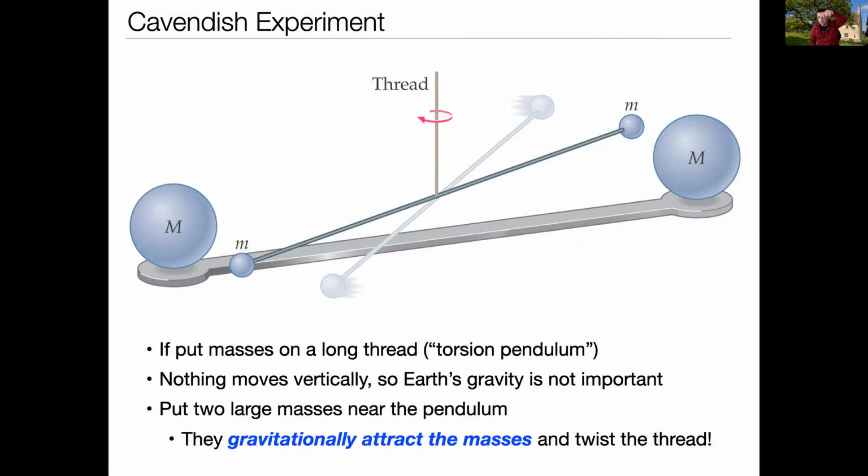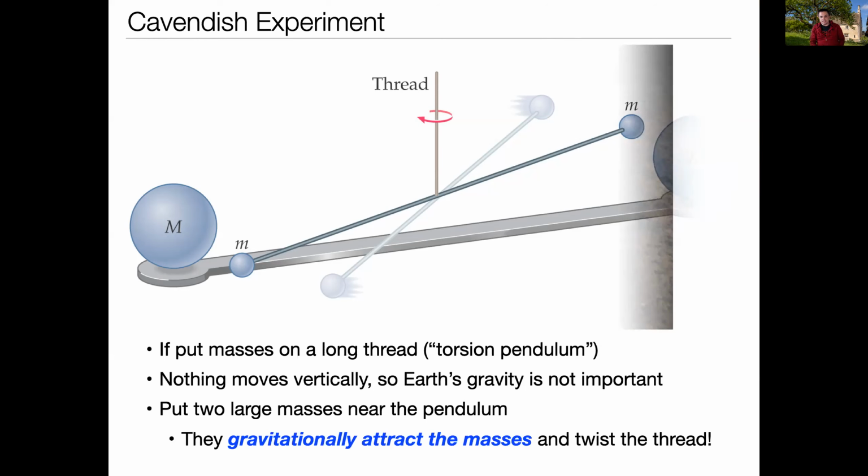That twisting around the thread is the torsion pendulum bit of this, and then the two big masses are sitting there. So what Cavendish basically did was he put two masses on a thread like this, he made a torsion pendulum, and then he set two big masses on the ground right next to it, and that pendulum twisted till the masses touched each other. And they picked up the masses and he moved them, and the thread twisted back until the masses touched each other again. So this is the proof that the little masses on the end of the torsion pendulum are attracted to the big masses that he was setting on the ground nearby.